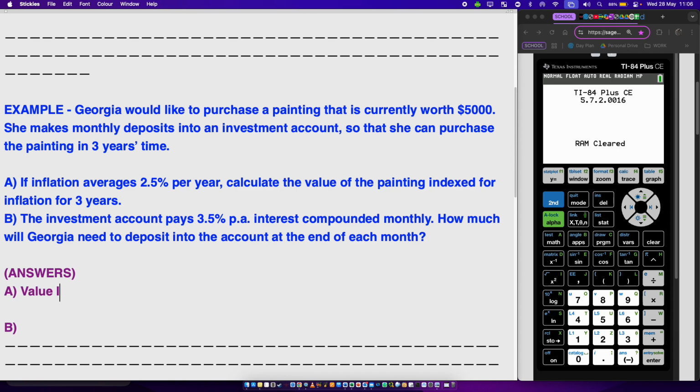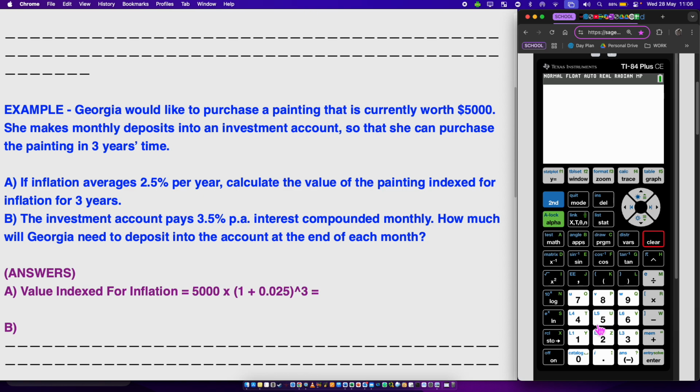So value indexed for inflation is going to be, what was the original value of the painting? $5,000 times by 1 plus, what is the inflation rate according to the question? Yep, 0.025. Good, because it needs to be a decimal, and I'm raising that to the power of, how many years was it inflating for? 3. Chuck that in your calculator. Your graphics calculator can be trusted to do the maths properly. So 5,000 bracket 1 plus